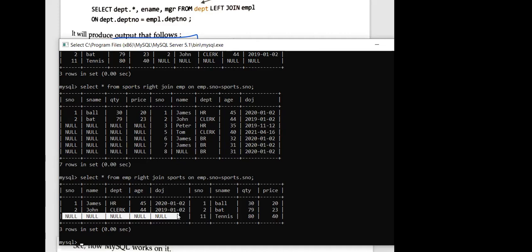Now see, only 3 topics are remaining from this particular chapter. That is union, intersect and minus. That we will do, no doubt, next time. But till that time, you will be doing up to page number 409. You have to read each and everything and then you are going to execute those things. Plus, I will be giving you question answers that you have to do in your notebook from this particular chapter. Because on Monday we will complete this chapter, but what I want is that you must start working with the question answers of this particular chapter.